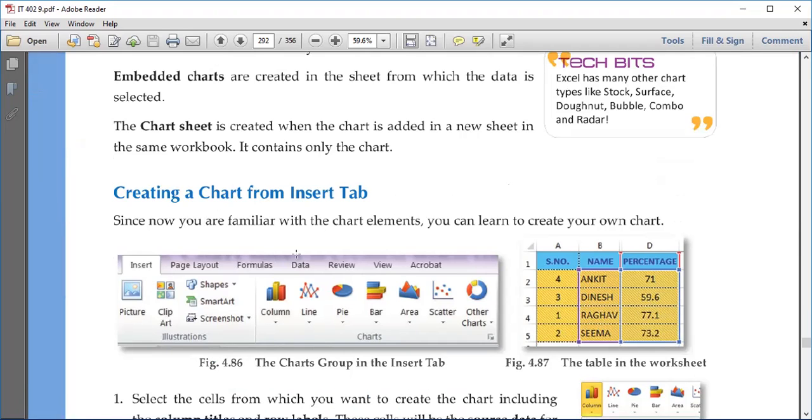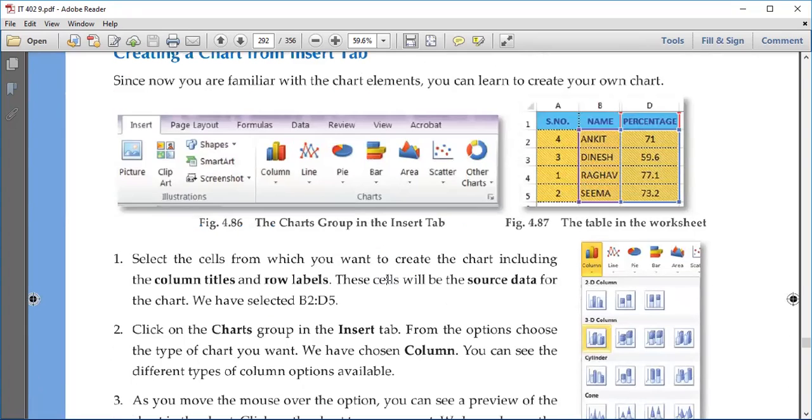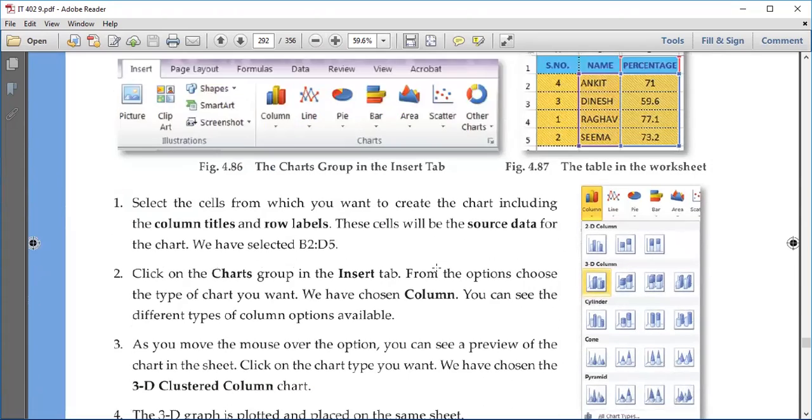So how do we create a chart? Go to Insert, select the chart that you want to apply, and then you select the range, the source data. You have to select from where to where the values have to be added, right? And then